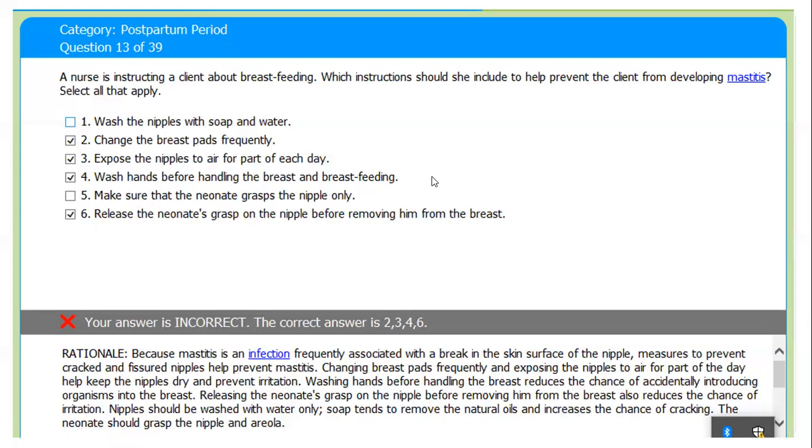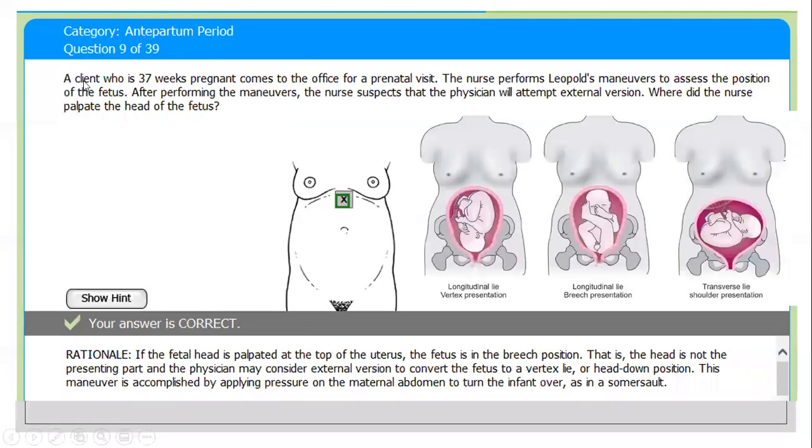Next question here. A client who is 37 weeks pregnant comes to the office for a prenatal visit. The nurse performs